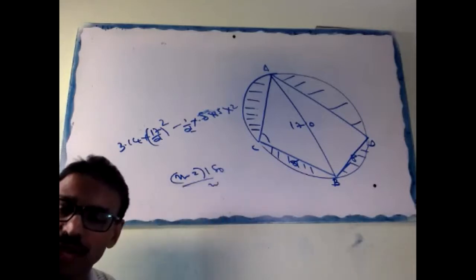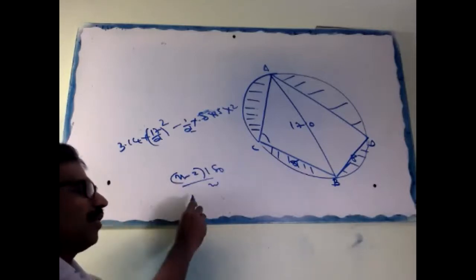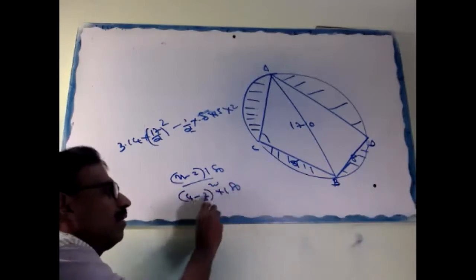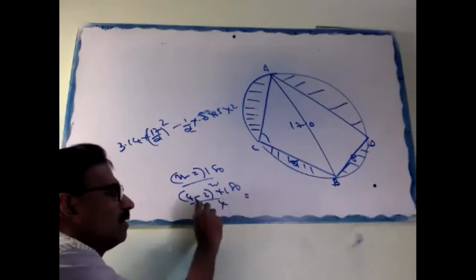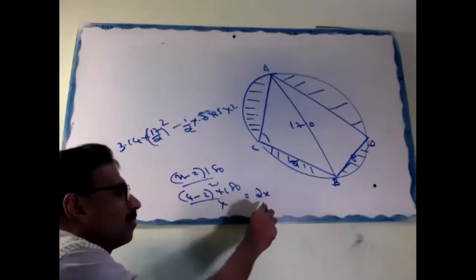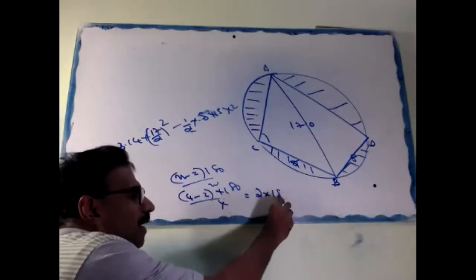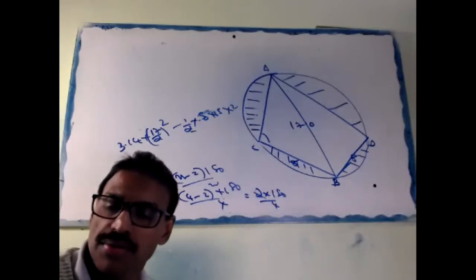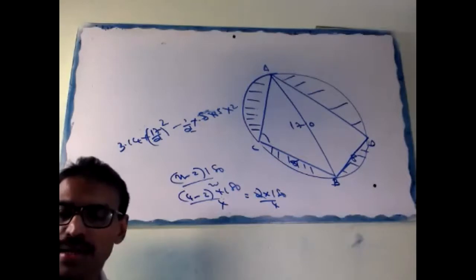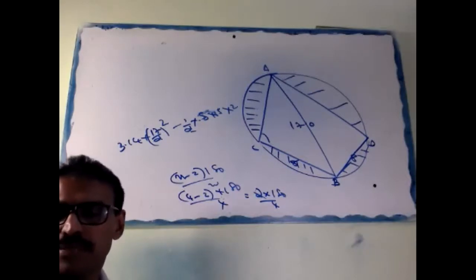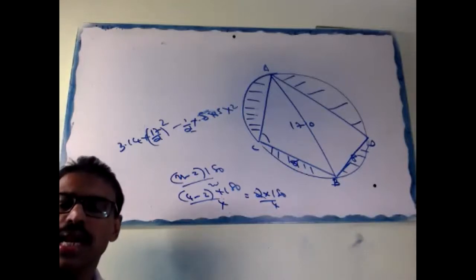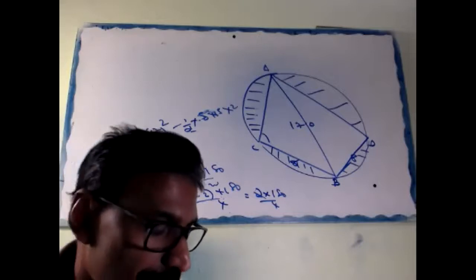Okay, we can check with the square. Square how much? N is 4. 4 minus 2 into 180 by 4. So what is that? 2 into 180 by 4. Yeah, correct. N minus 2 into 180 by n. Correct or no? Okay, right now. Each angle of a regular polygon.